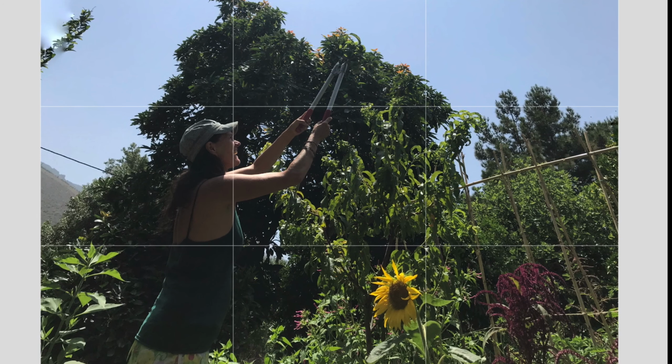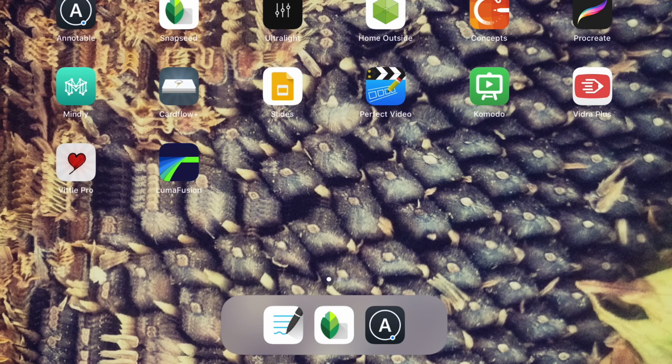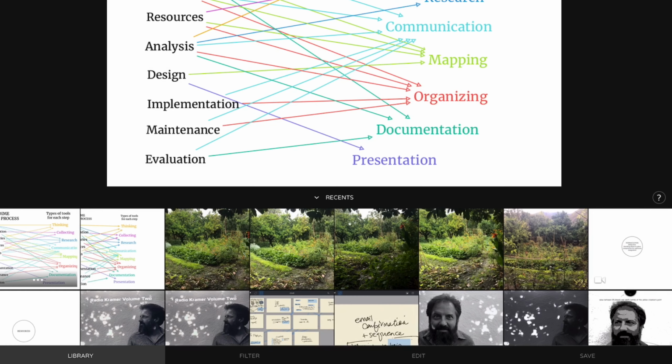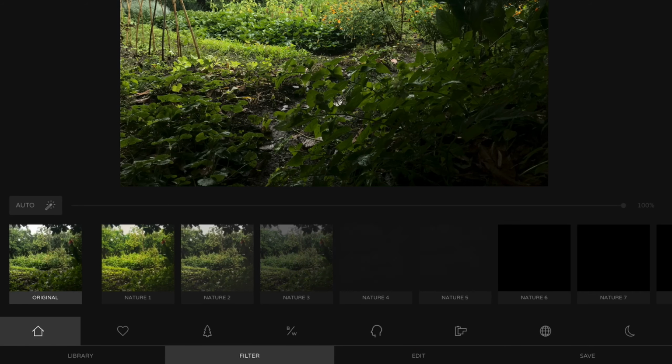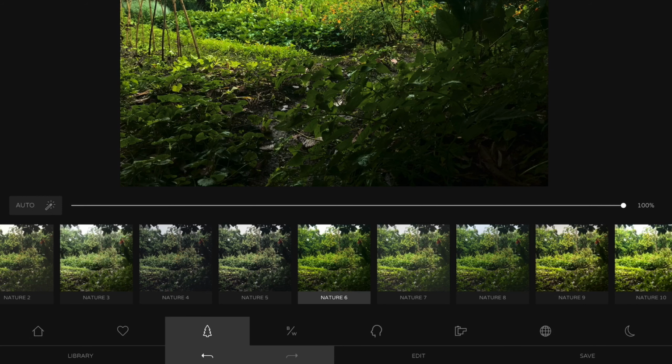So an app that is really worth the money, I think, is Ultralight. Most of these tools are free, but so far, GoodNotes 5 costs a few bucks, a Notable is I think 10, and Ultralight is I think 8. And Ultralight is my go-to photo editing app. And I use it all the time,